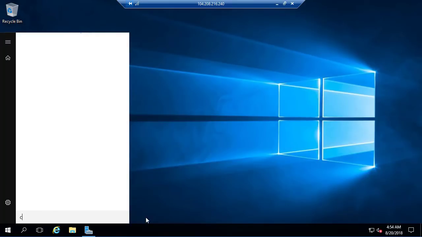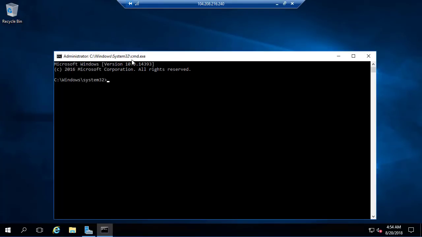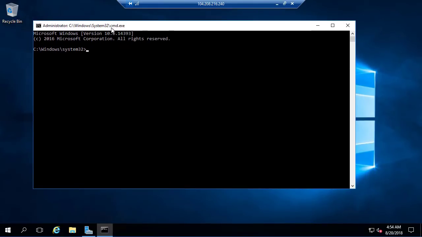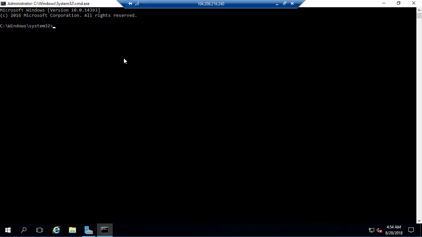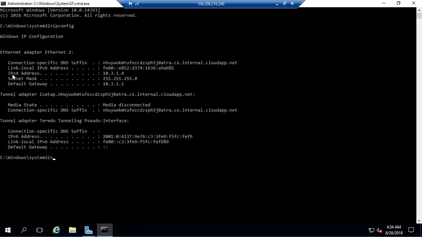Obviously, let's go to search and find that. It takes a little bit of time. Let's click over there, okay? I want to show you a couple of things. Typically on a Windows server, we do ipconfig. So if you do ipconfig over here, you can see the IP address is 10.3.1.4. We know that, right? Because we have seen that already. It was /24, so the subnet mask is 255.255.255.0. You can see the default gateway for this server to go to the internet is